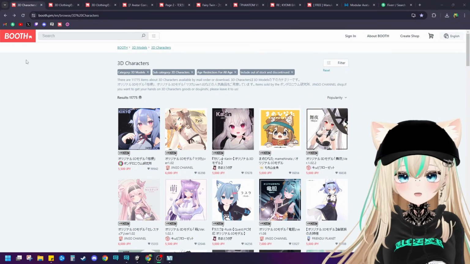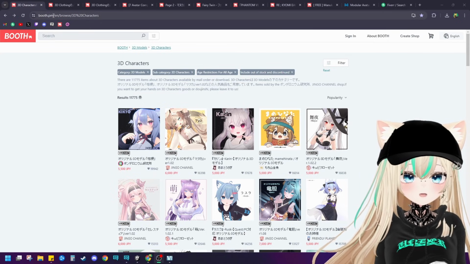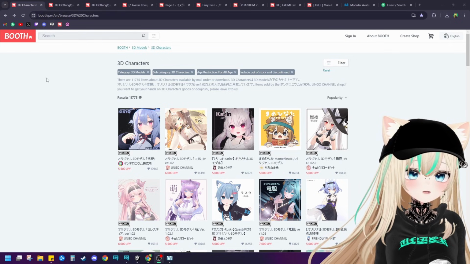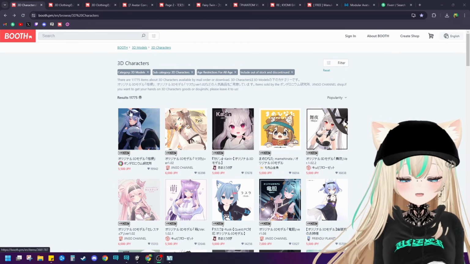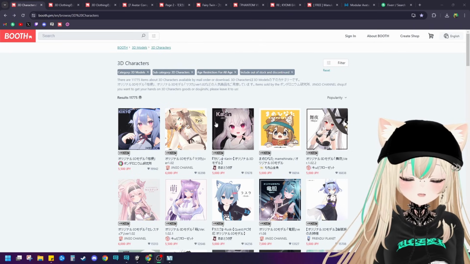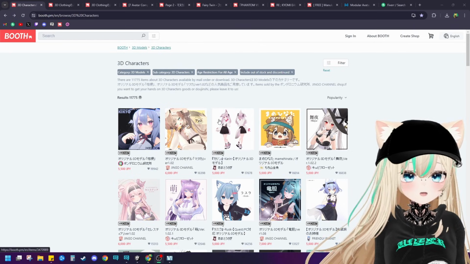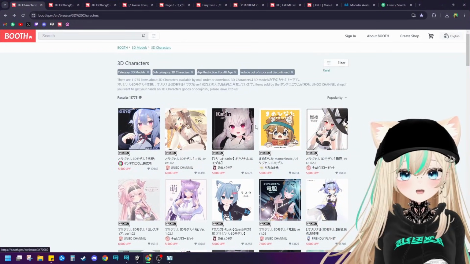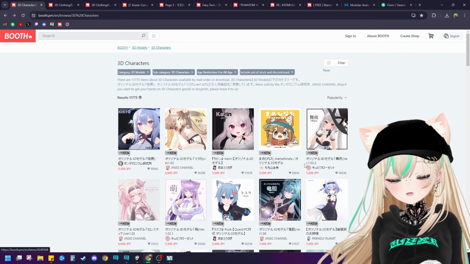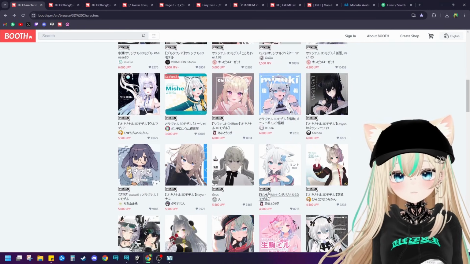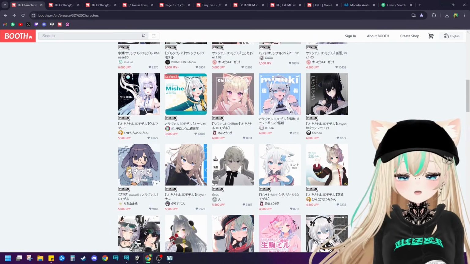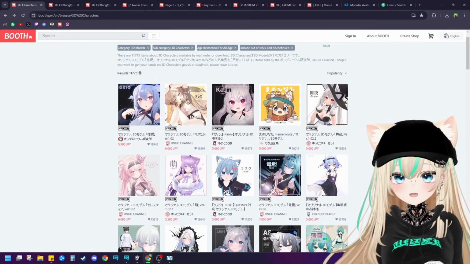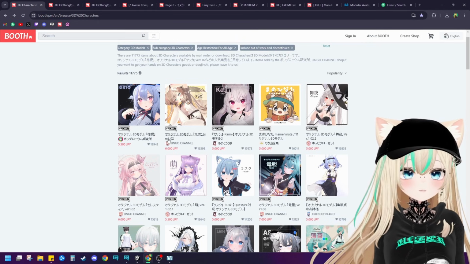All right, so it's super simple. Just go to booth.pm/n/browse 3D%20characters. So it'll show you all of the 3D models that are currently available. They're sorted by popularity. So this is a general rule of thumb. The models that are at the top of the page usually have the most amount of outfits available. But some of the newer models that were just released are sort of lower down on the list, may have more outfits, hair, clothing, and accessories, but it's just a general rule of thumb to follow in case you want the most options available. So as you can see,